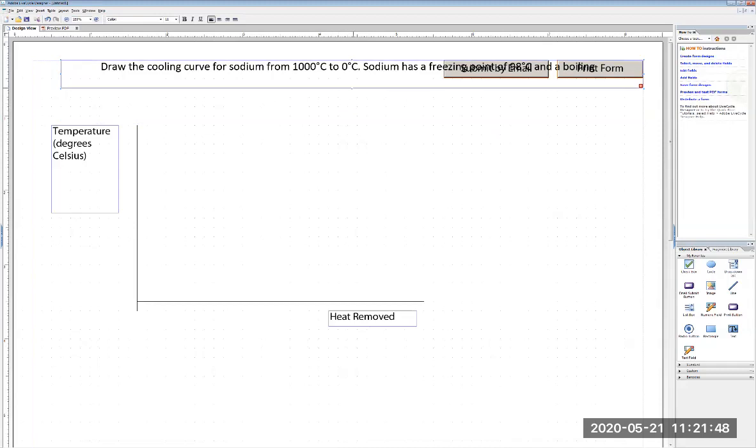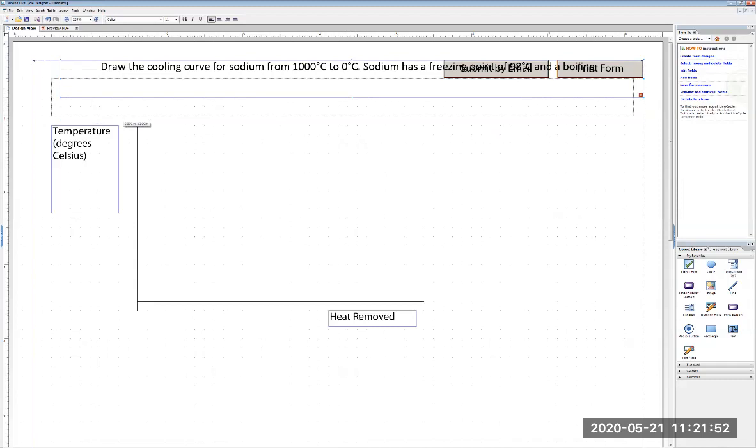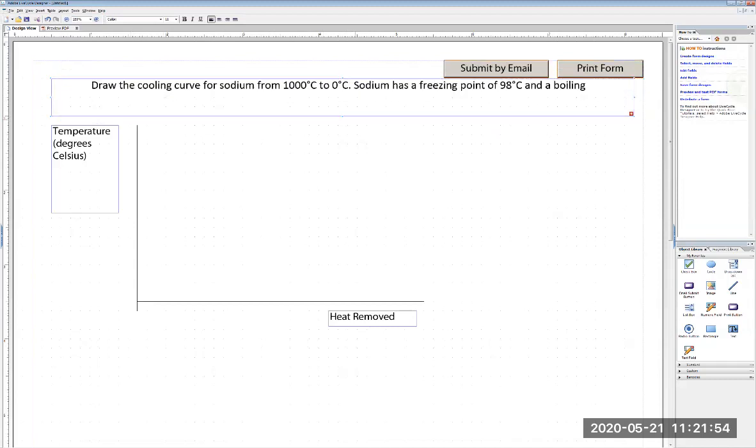Oops. We are missing a piece, right? Yes. Okay. So